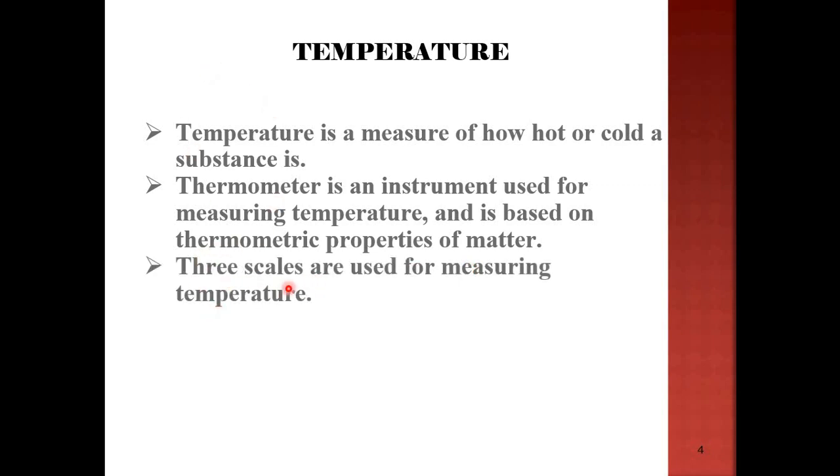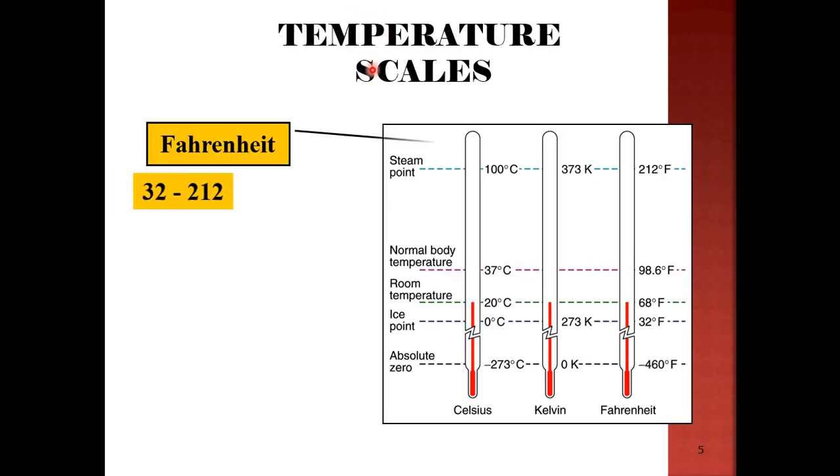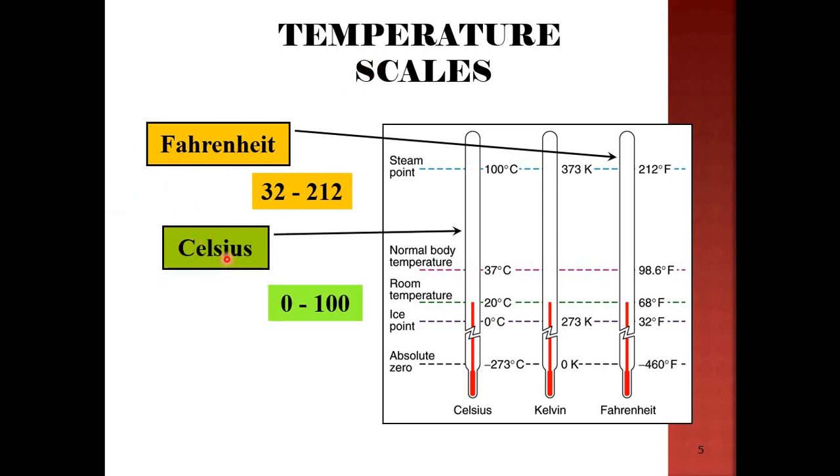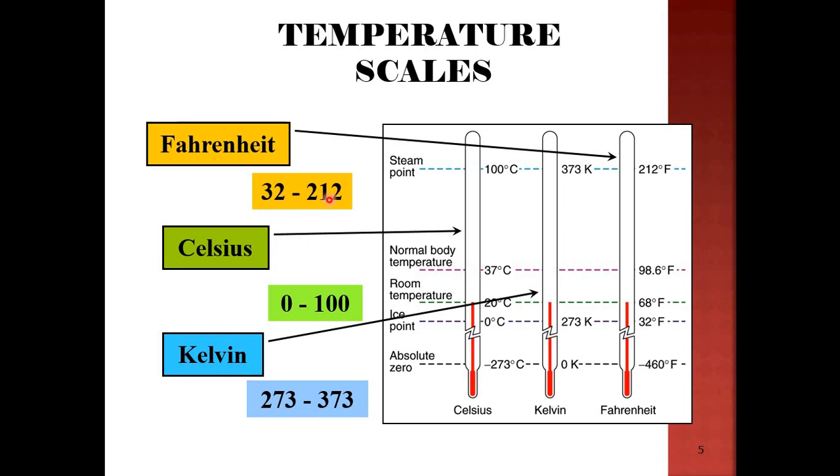Basically there are three scales used for measuring temperature. Let's see what is meant by the three scales. The first one is Fahrenheit, the second one is Celsius, the third one is Kelvin. This number shows the Fahrenheit, this one is for Celsius, and this one is for Kelvin. Normally people prefer using Celsius nowadays. Let's say you have 0 degrees Celsius. Then your Fahrenheit will be equal to 32 Fahrenheit. How about for Kelvin? When you have 0 degrees Celsius, your Kelvin will be equal to